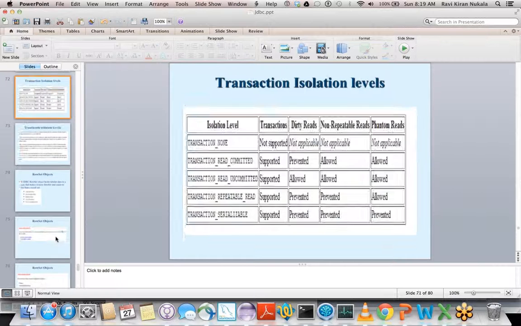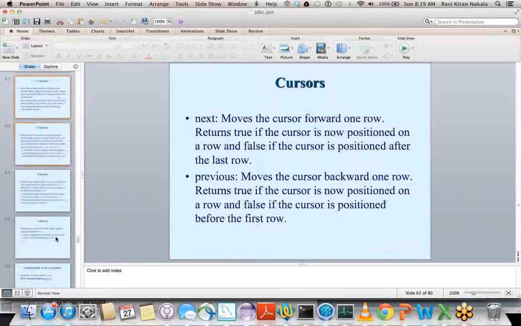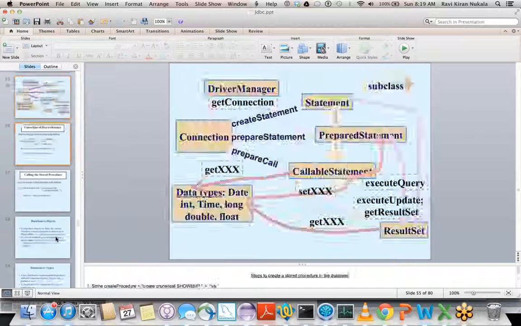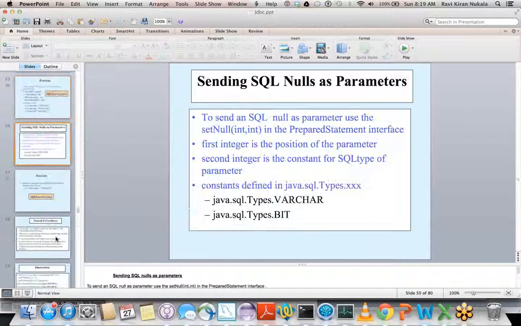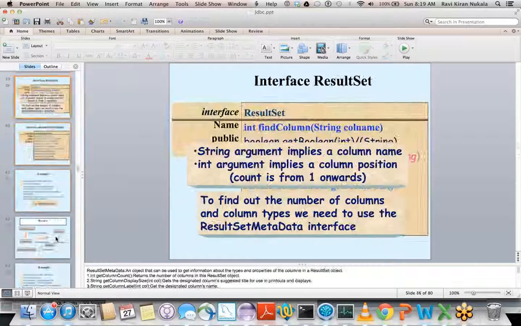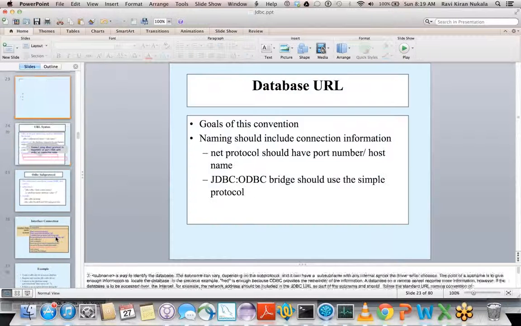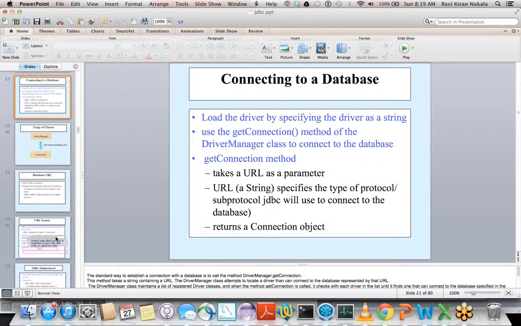If you are able to answer all these, then you're good to start Hibernate. We can start Hibernate from next week. But before that, make sure you're done with all this stuff. Then Hibernate makes sense to you. Otherwise, it doesn't make any sense. Why I'm doing Hibernate immediately after this is because